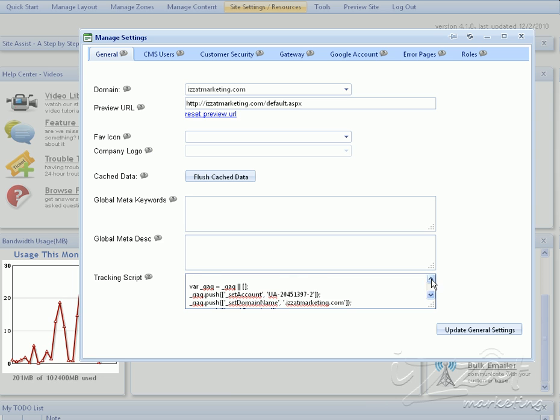This would be any tracking scripts for Google tracking, any JavaScript that you may need at the top of a page that you can't get away with using on a content page. You've got some domain information, your Google account, customize your error pages, some security settings, gateway settings, but CMS, this